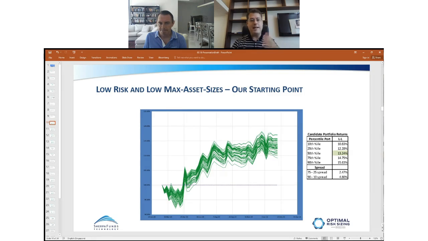And we can see that our median outcome here was 13.25% returns, quite good. And the spread here is relatively tight. So only 2.5% between the 75th and the 25th percentile outcome, and only a little shy of 5% between the 90th and the 10th. And just to reiterate, because I appreciate we've had this feedback, this is not a simulation